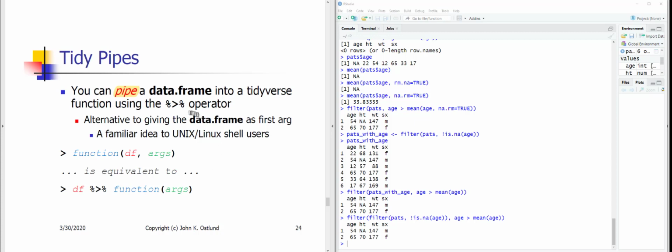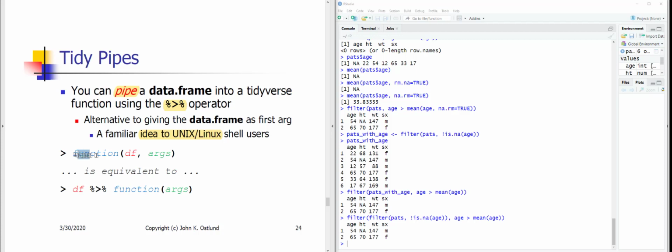And the pipe operator, which actually originated before the tidyverse, but the tidyverse stole the idea very, very gratefully, percent greater than percent is how you create a so-called pipe in R. And if you are used to using command line tools in a Unix or Linux environment, this concept of pipes and hopefully something about the power of pipes will be something that you're familiar with. In any case, within R,